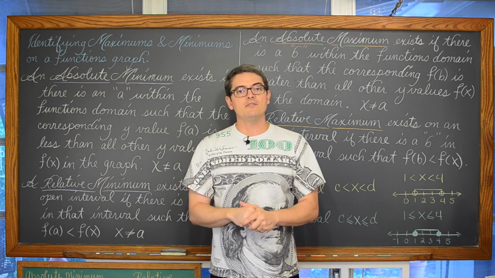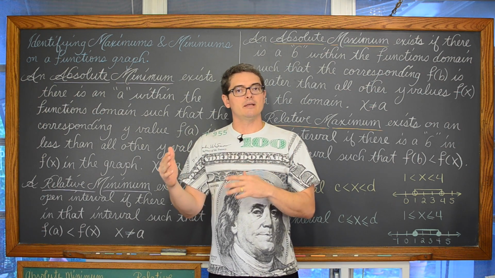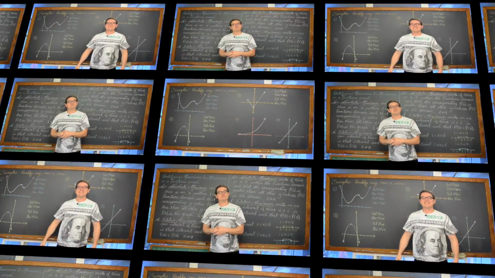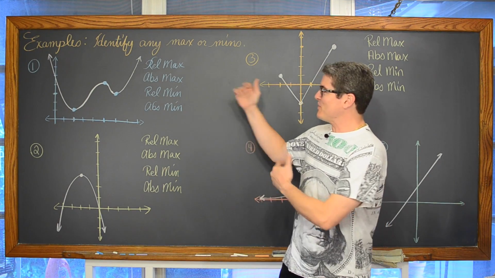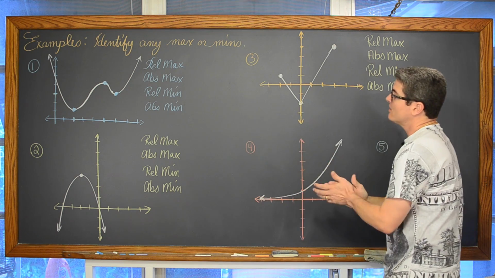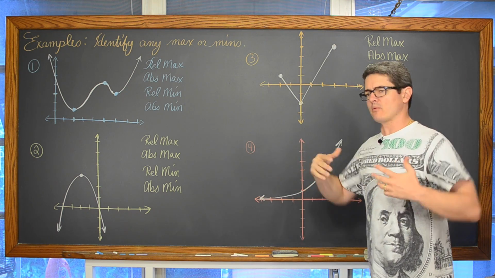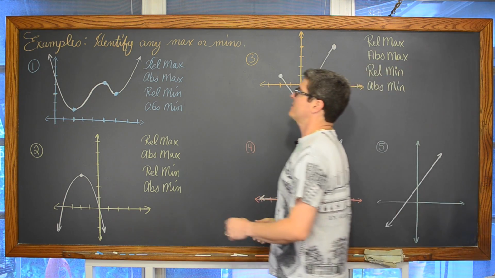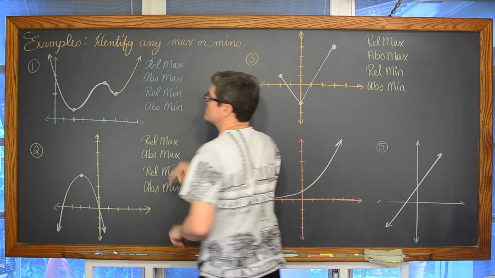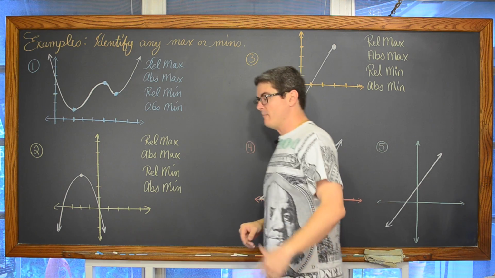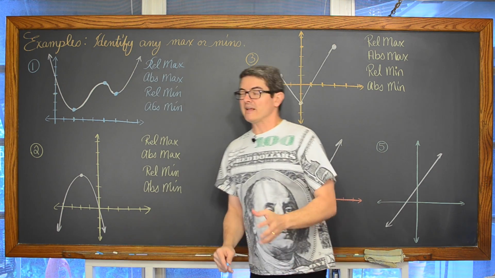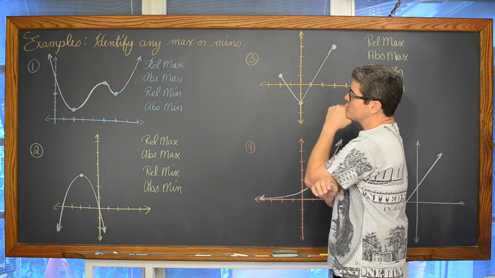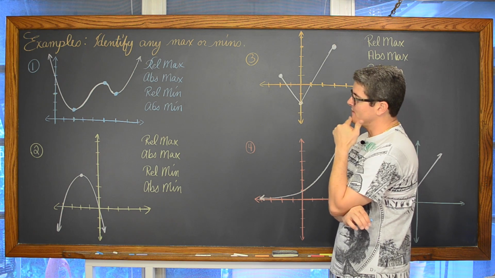We're going to take a look at 5 graphs and identify the absolute and relative max and mins of those graphs if we can. So here we have our 5 graphs. We're going to identify any maximum or minimums, whether they're relative or absolute, for each of these graphs. We have sort of a weird thing here. We got a graph that's rising to the left and rising to the right with a few dips in the middle. We may learn later in our algebra studies that that looks like a polynomial to the 4th degree, graphing higher order polynomials. And we're going to find a relative max, if there is one.